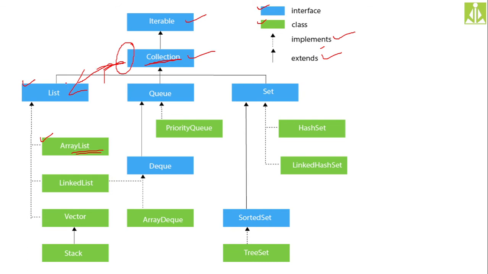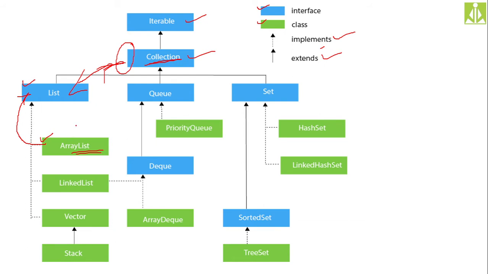List is also having the abstraction, and that abstraction is implemented by the ArrayList class. So you can directly create the instance of this ArrayList class, or you can take the instance of any of these two interfaces and instantiate it with the help of the ArrayList class,